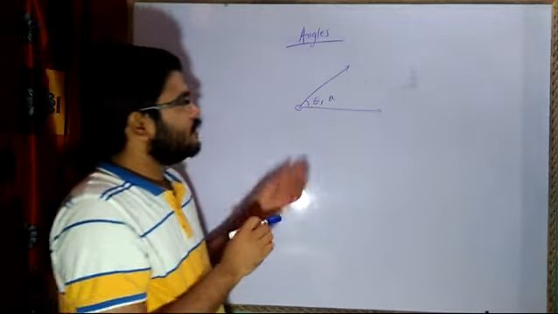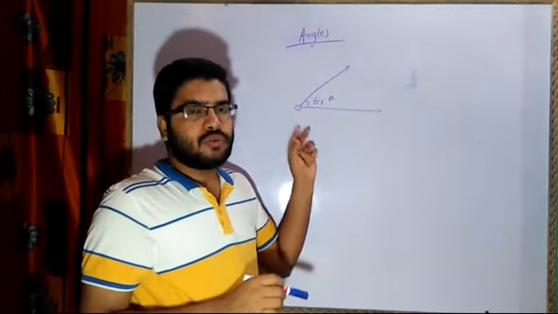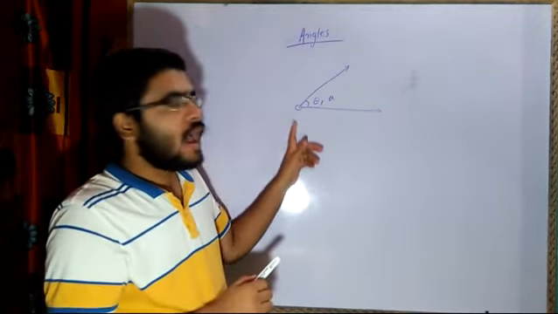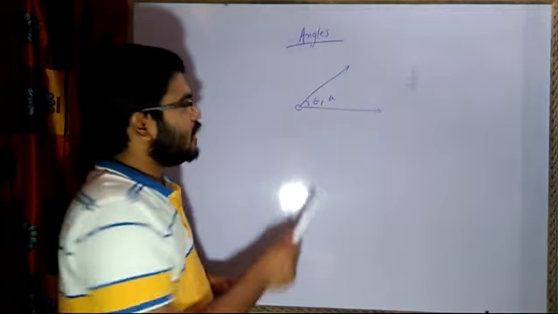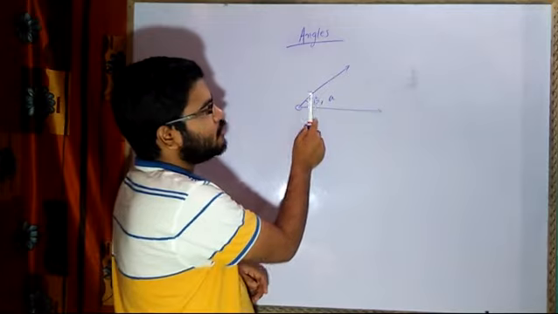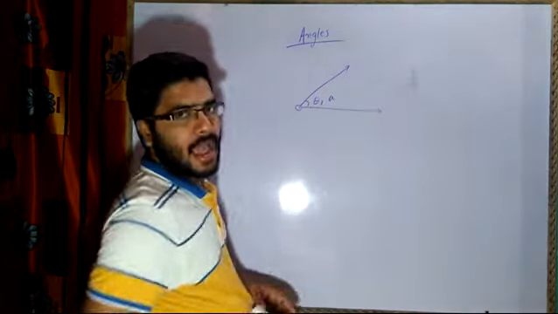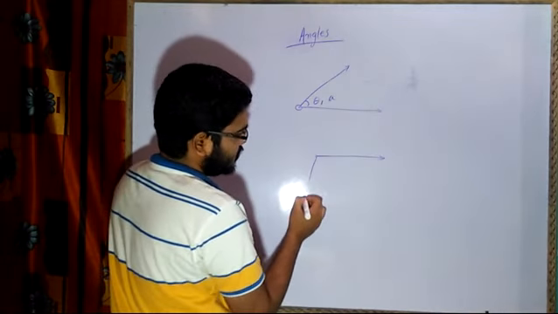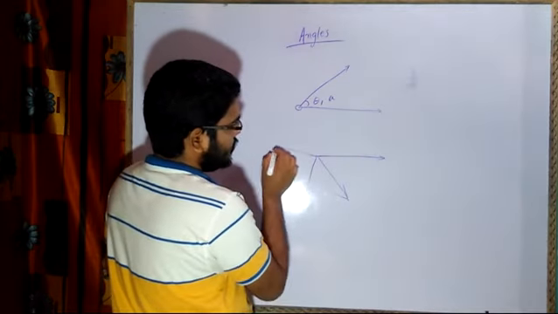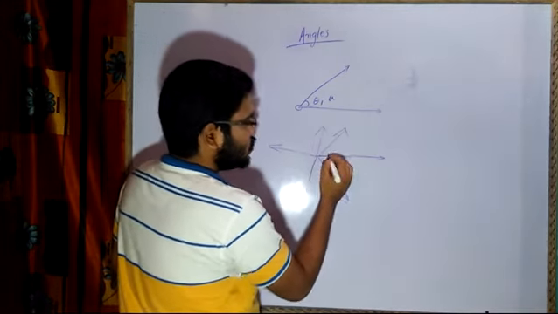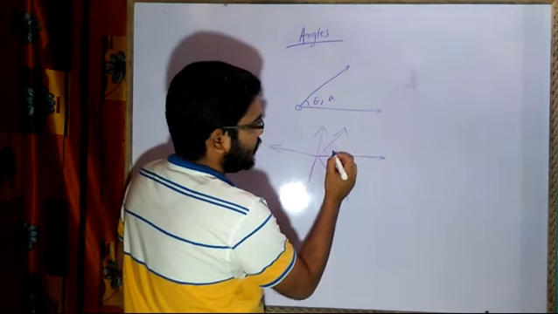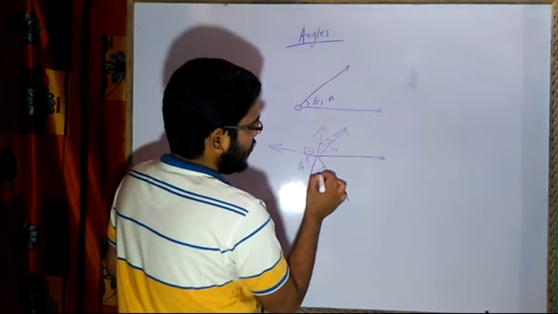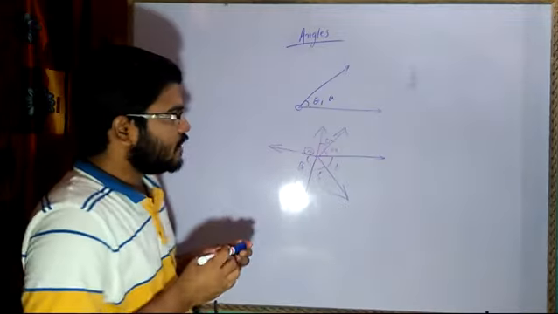So the definition of angle comes like this: when two or more rays have the same fixed point and extend to infinity, then the space formed between them is called the angle. If I have one point, one ray is coming this side, another ray is coming this side, another ray this side, and so on. So these are all called angle 1, angle 2, angle 3, angle 4, angle 5, angle 6. In this way the definition comes out.